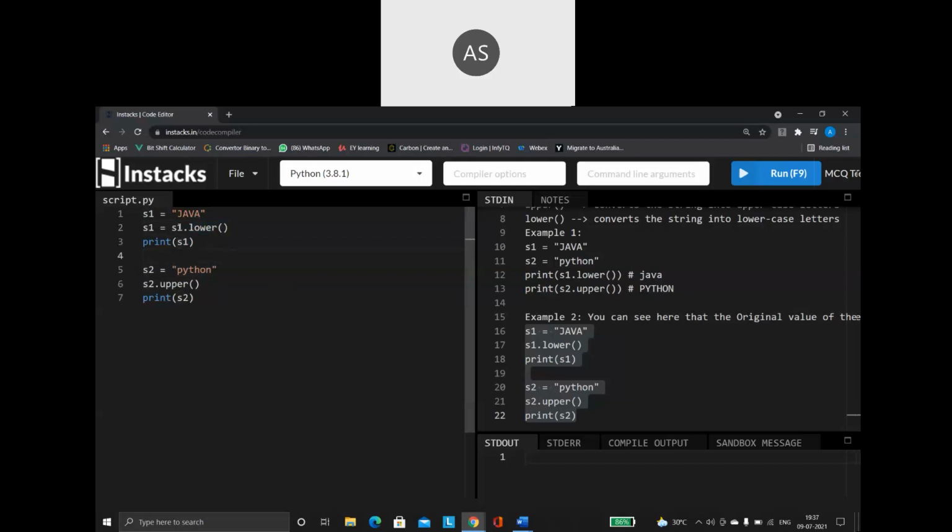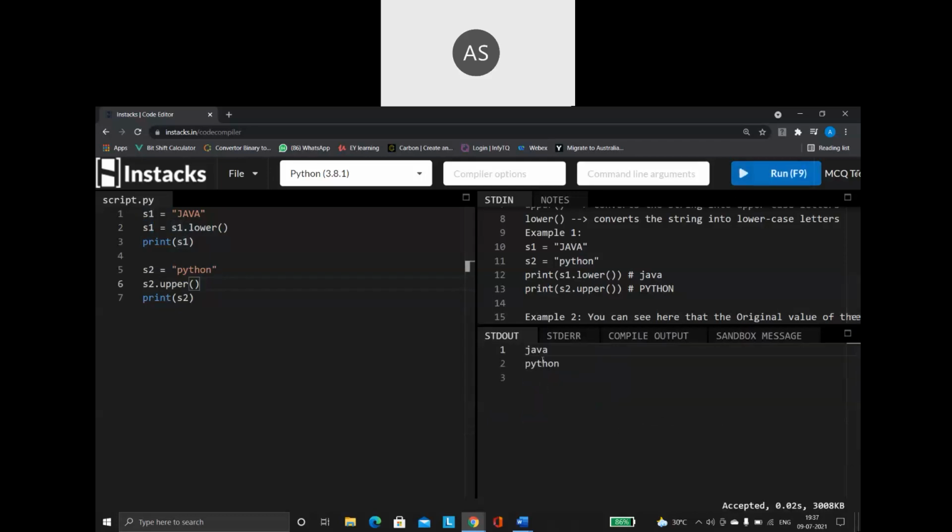So what will it do? The current value of s1 will be converted into a lowercase and then it will again take the string and store it inside this variable. Like this, if I do it, then yes, the code will have an effect. See now, Java is printing in lower cases.